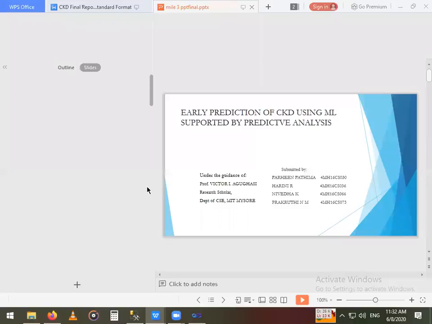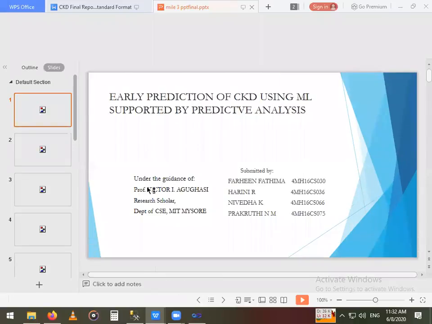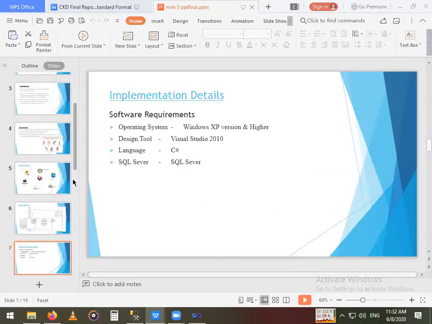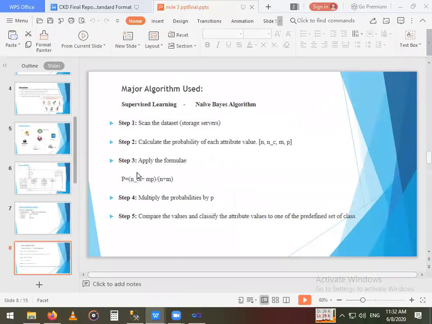This is the formula. Yeah, this is the formula that is used, that is n_c plus m*p divided by n plus m,